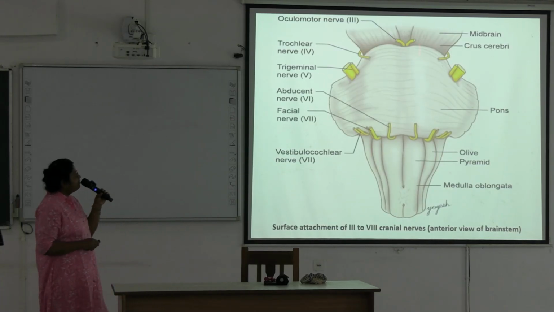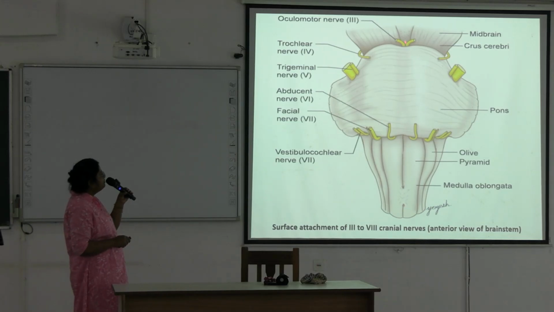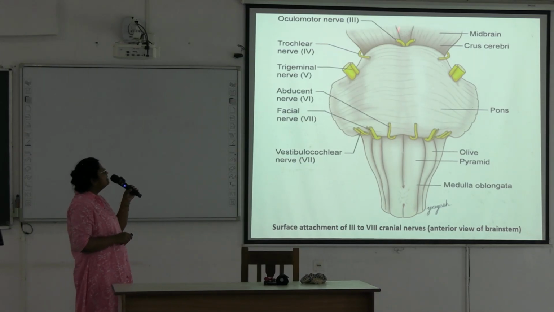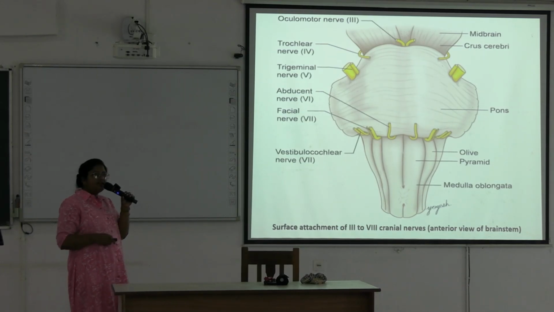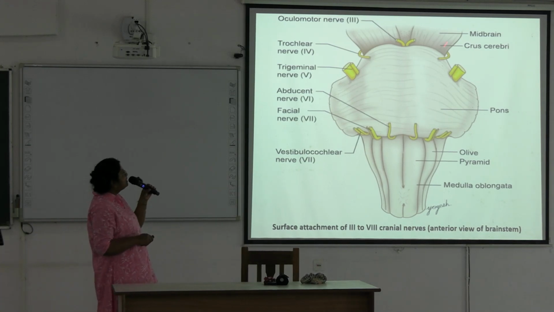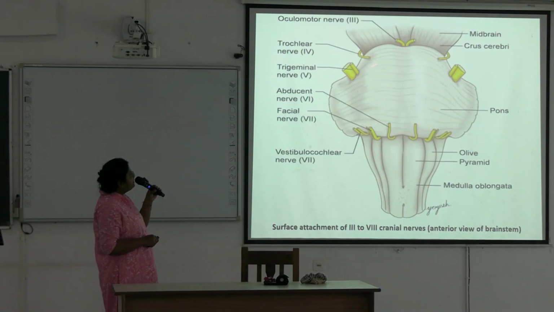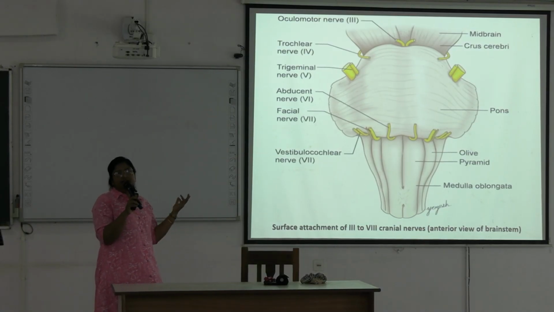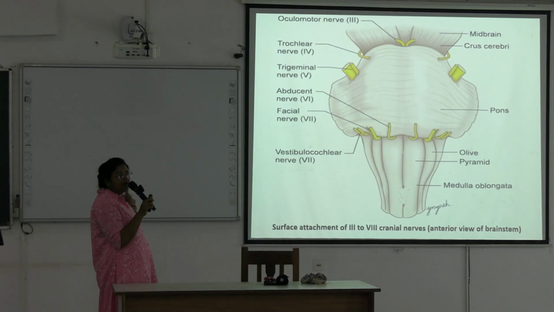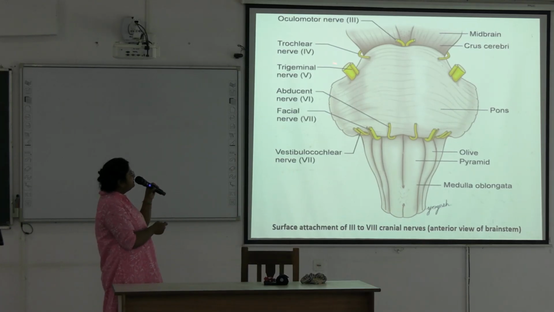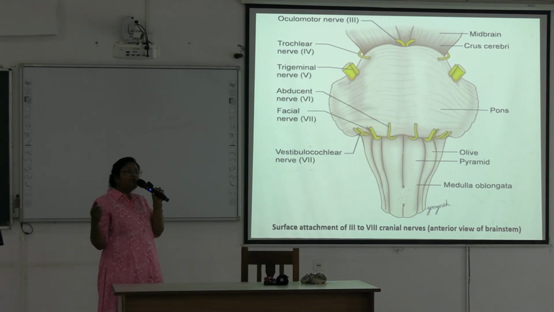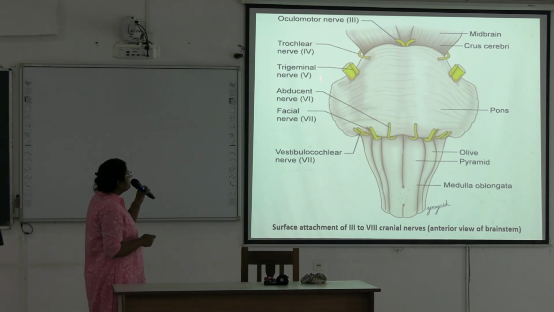See here from where the nerves are coming out. These are the oculomotor nerves. This is interpeduncular fossa. These are 2 crus cerebri. So oculomotor nerves are coming out from the sulcus on the medial aspect of the crus cerebri. Okay, and this is trochlear nerve. Trochlear nerve coming out from the dorsal aspect of the midbrain and they are winding round the crus cerebri and then comes in front. Trochlear nerve is the only nerve which is coming out from the dorsal aspect.